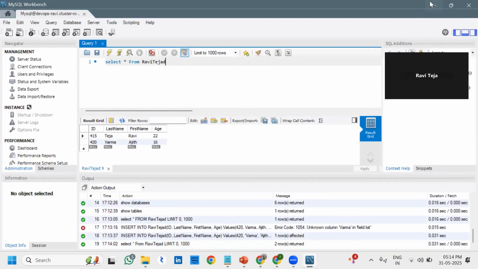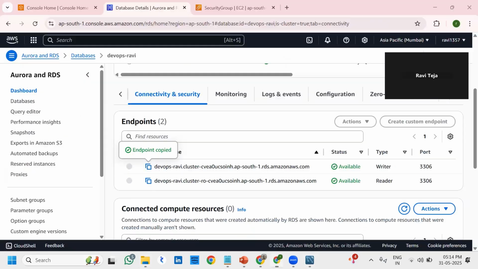Here, what I have done is I am going with only the writer instance, so that's why I am able to write some data and insert into the tables, using the writer instance only. If I go with the reader instance, we can check whether we are able to write or not. Okay. Yes. Now what I am supposed to do is